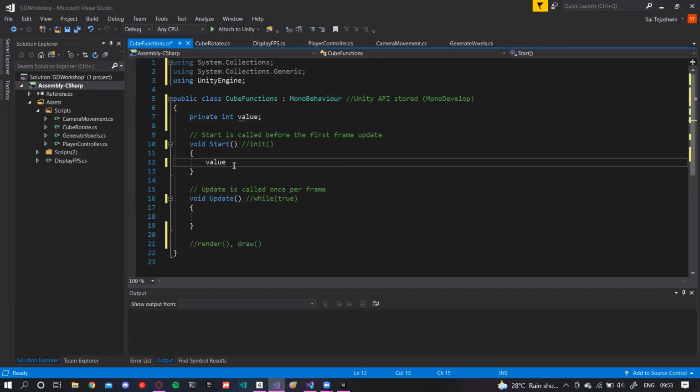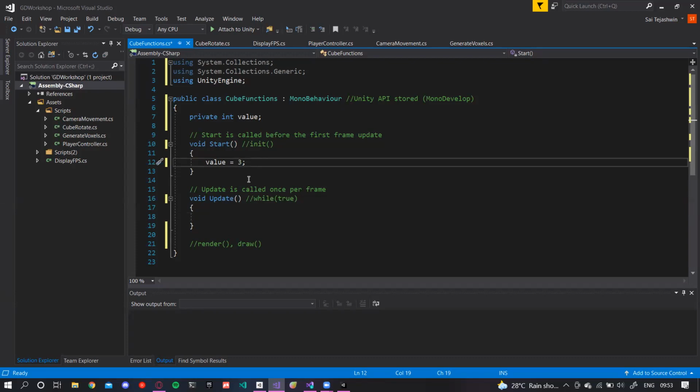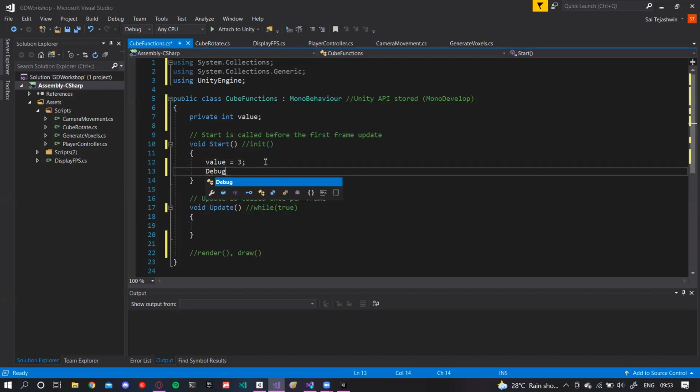Of course, I'll start with a simple script. I'm going to explain what the perks of using private or public in Unity are. So I'm writing void start, then Debug.Log.